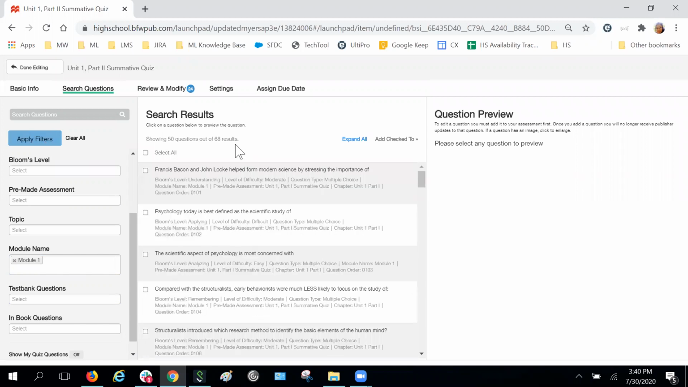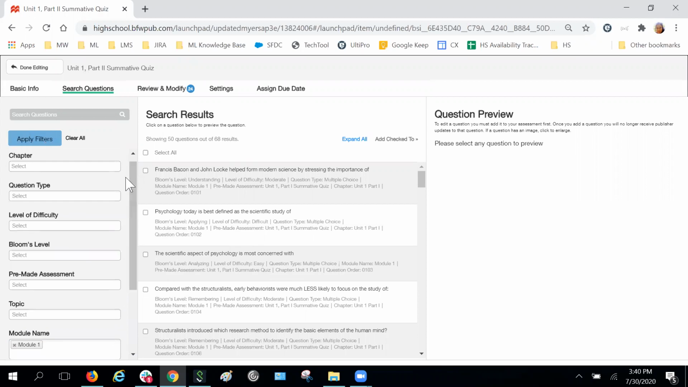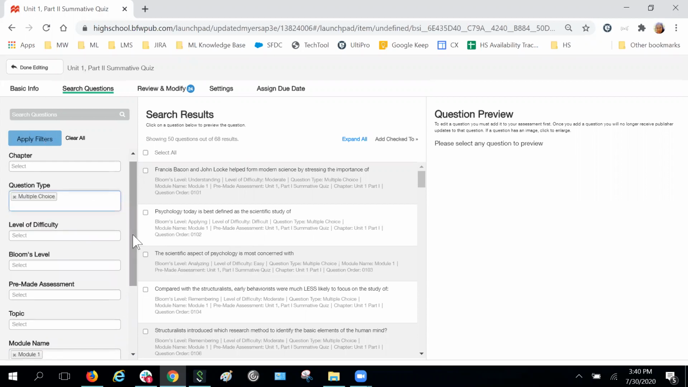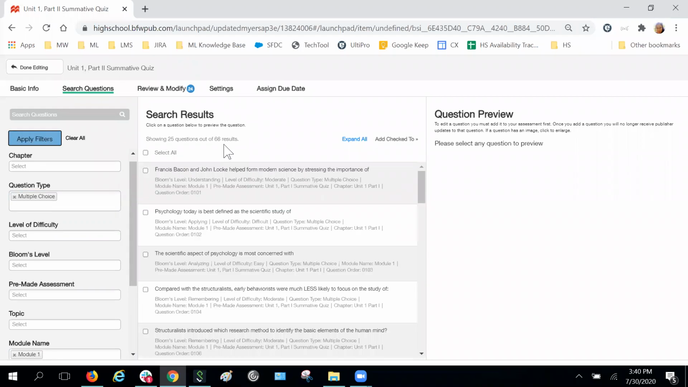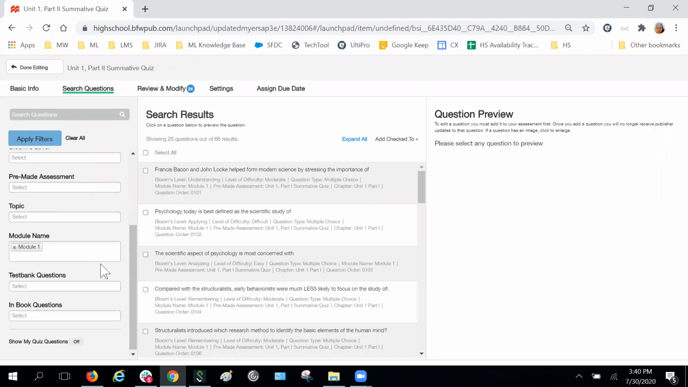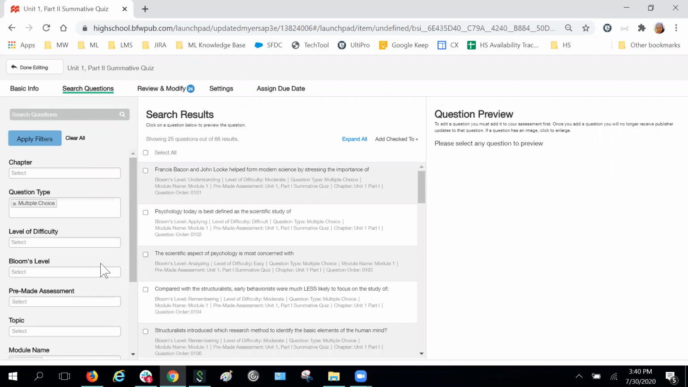Now, 68 is quite a bit of questions to look through, so I can narrow down my results if I needed to. So for instance, let's say I'm just looking for multiple choice questions. I'll go ahead and apply those filters. So it will essentially narrow down my results here just a bit. I can also add a filter for level of difficulty by Bloom's level taxonomy, right? So I'll be able to use these additional filters the way that I need to do that to find specific